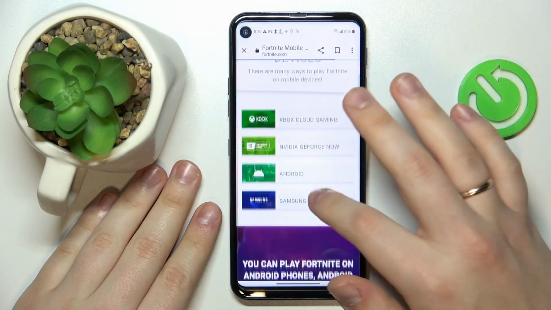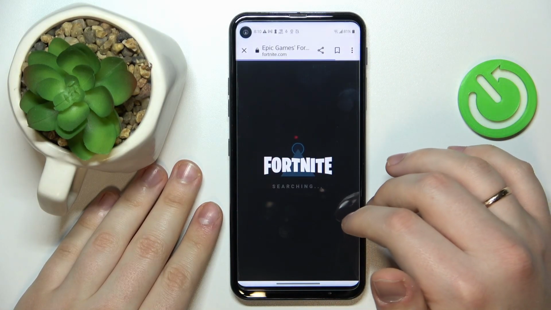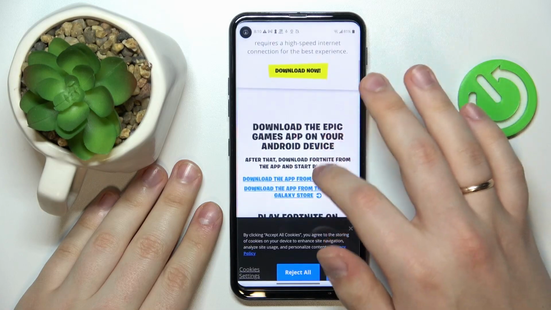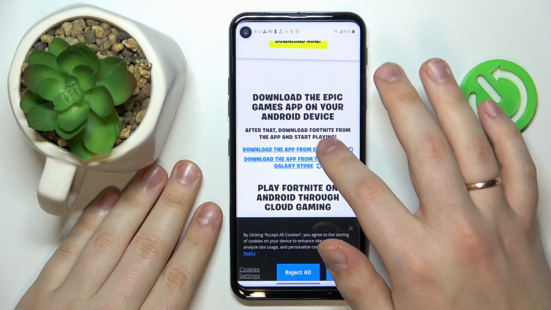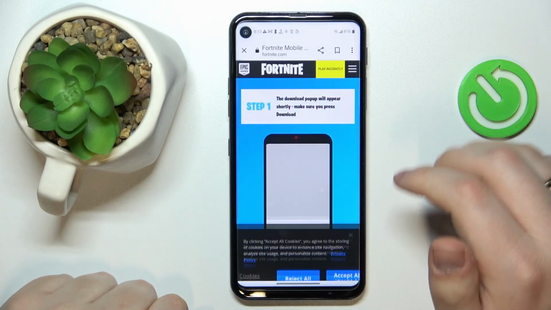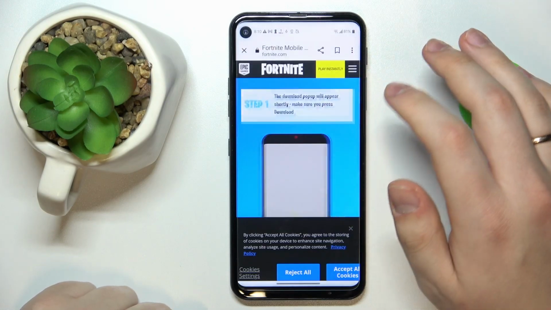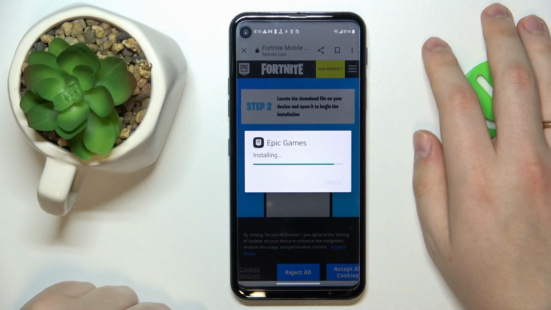When it gets loaded, go for the Android option over here. Then tap at the download the app from Epic Games link. Confirm that you would like to download the file, then open it, install the Epic Games launcher,